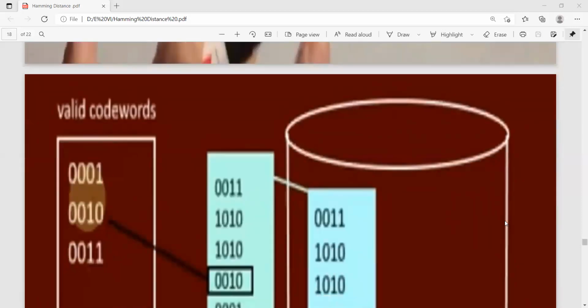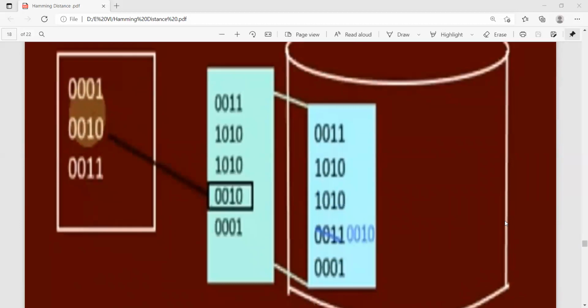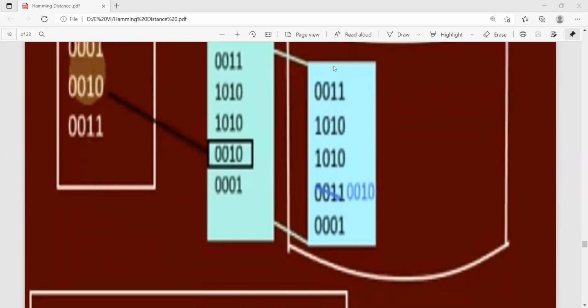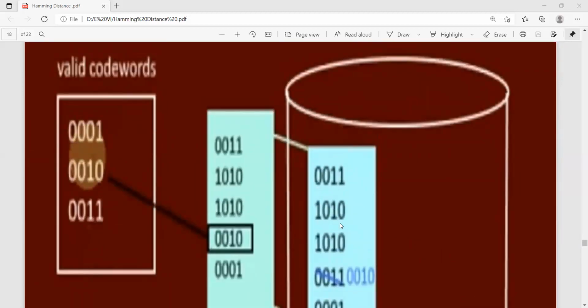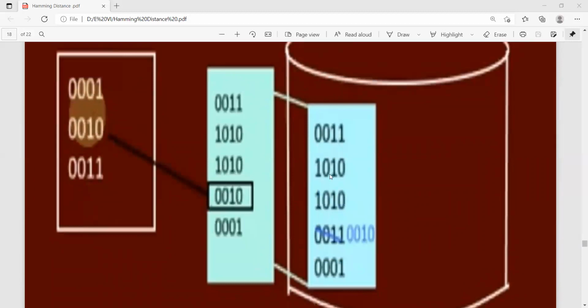Like this, you can use the code words in this format for this data: 0011, 1010, 1010, 0011, 0001. So for this data, you can code. 0011 is already written as a 1-bit code, so you can make it into a code word.